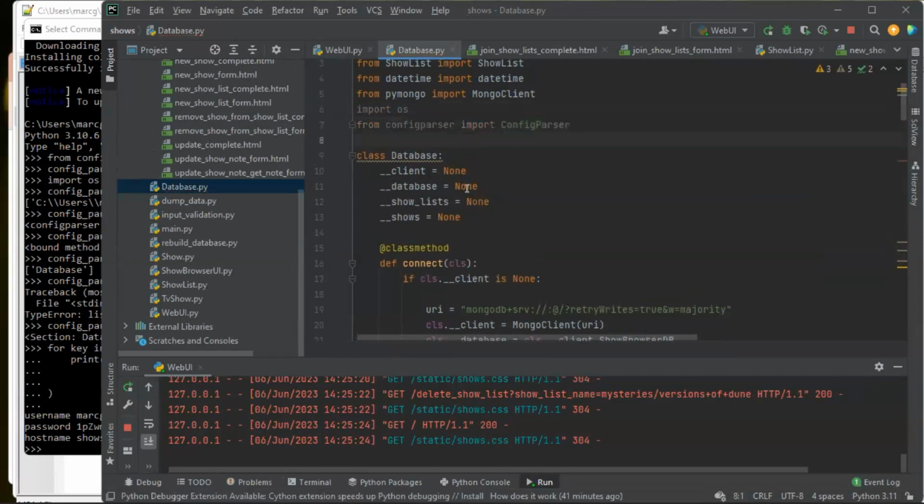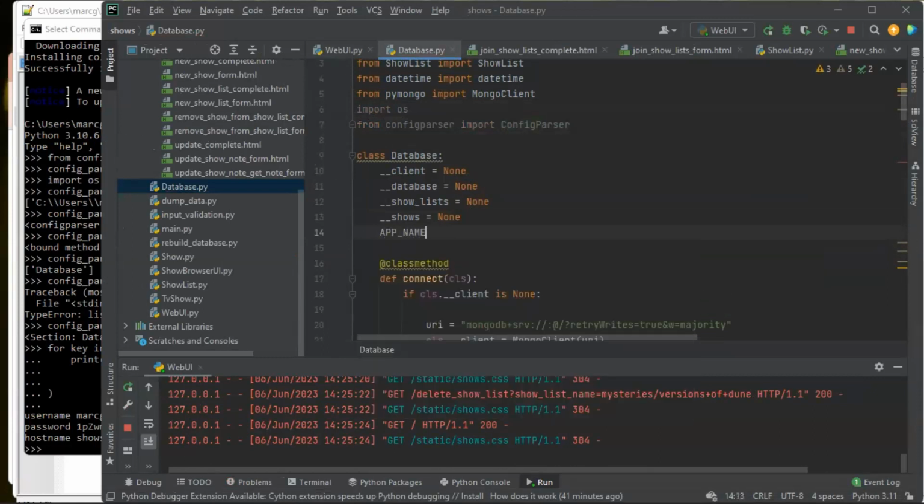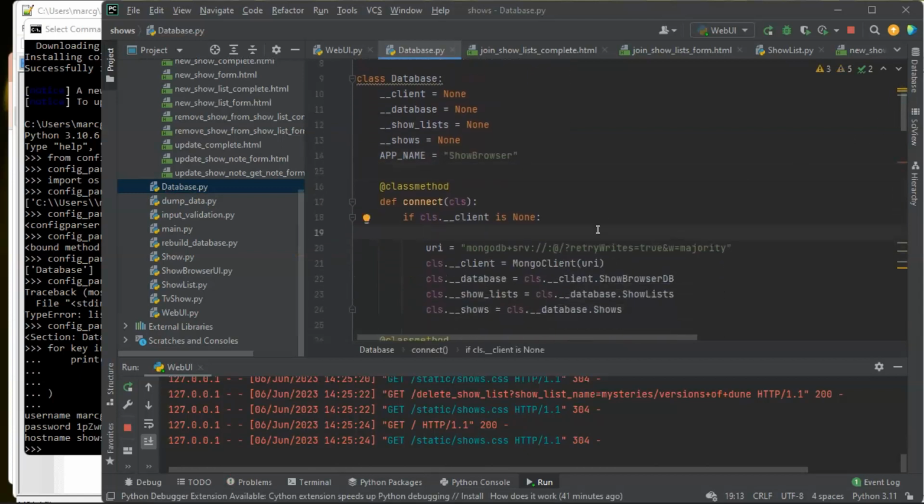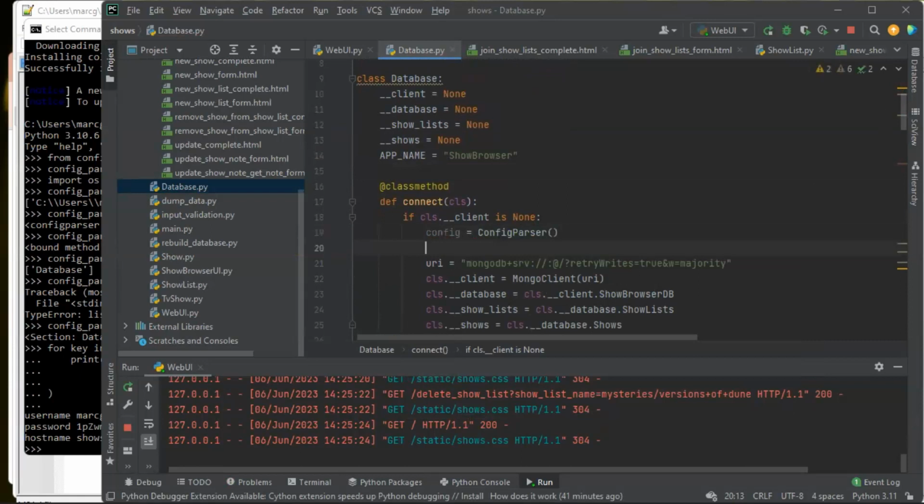And then let's also define a class property called app name, which is going to be show browser. Okay, so then here, let's say config equals ConfigParser,